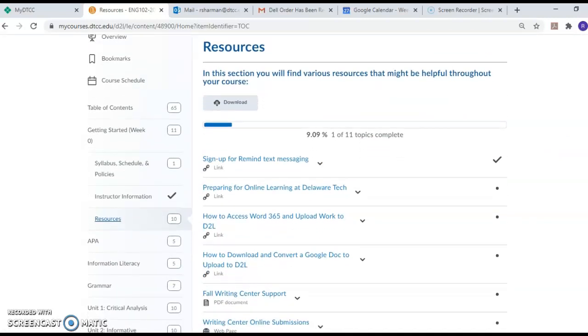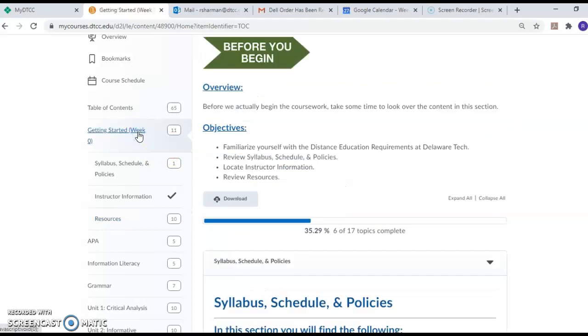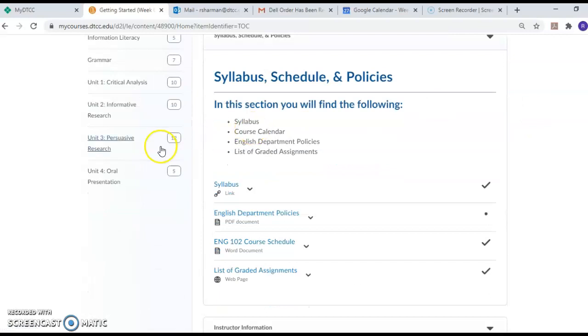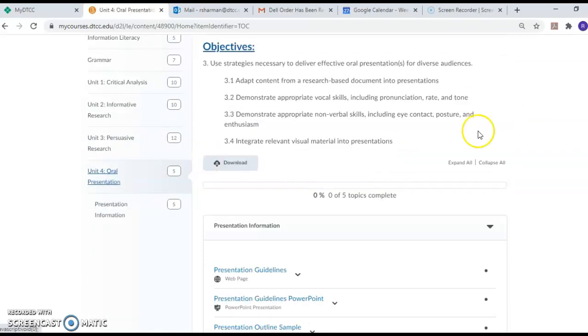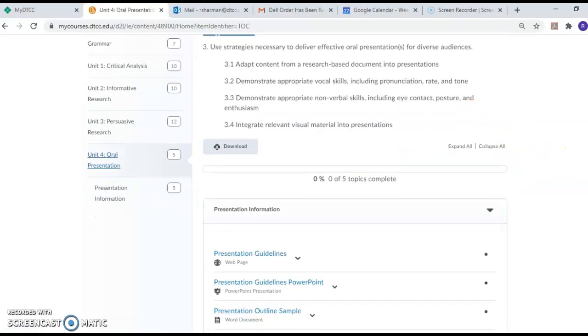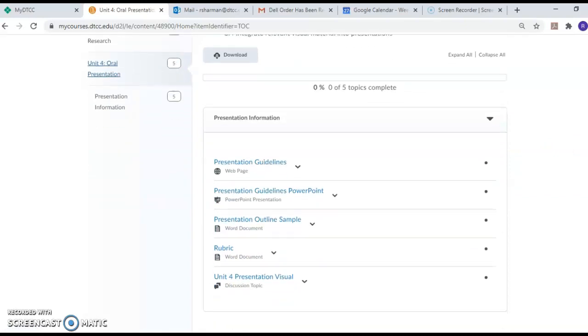Okay, the other type of assignment is the discussion topic. And there are not very many of those, but when you get to the oral presentation, and there will be some others, you will find that to submit your final presentation, it will be a discussion topic. So when you go into that link,